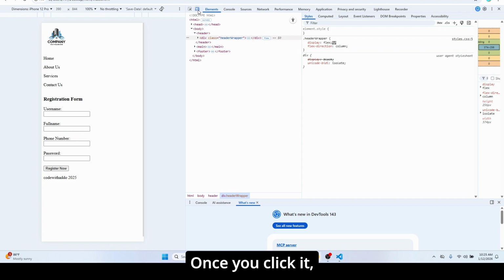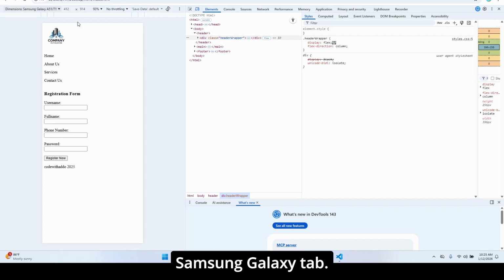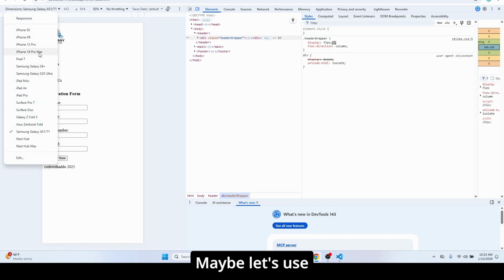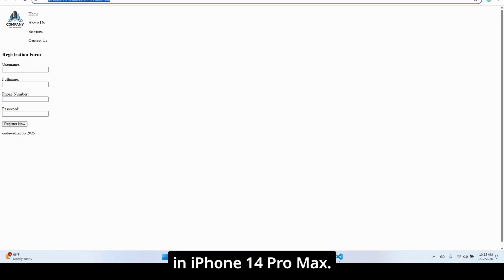Once you click it, you can set it to any phone, like iPhone 14 Pro Max. You can check with different devices, like Samsung Galaxy Tab. This is how it will appear. But for the sake of this, let's just use iPhone 14 Pro Max. So once you refresh,